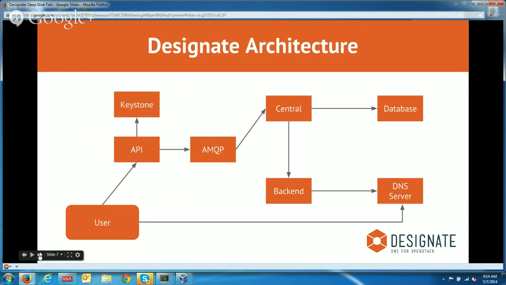Graham? Yes. So I'm going to run through quickly what the architecture for Designate is like. As you can see here, the user mainly interfaces with the API and with the DNS server. The components like API and the central are horizontally scalable because everything goes through a message queue. So for example, if a user wants to create a record inside a zone, they make a call to the API. The API will then check their auth token with Keystone, just like you would with Nova or Neutron or